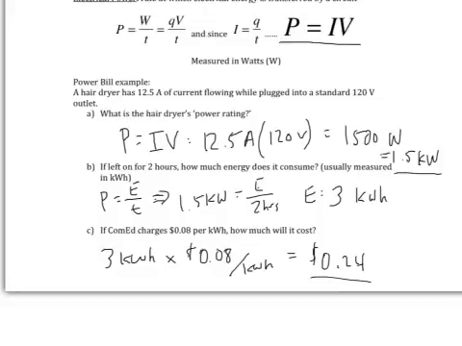And then say ComEd charges 8 cents per kilowatt hour. Actually, currently, right now, it's a little bit higher. It's about 12 cents per kilowatt hour. I just checked the other day, but let's just